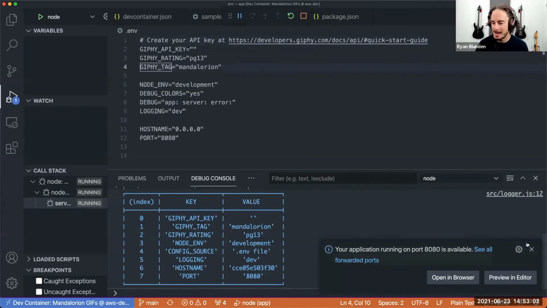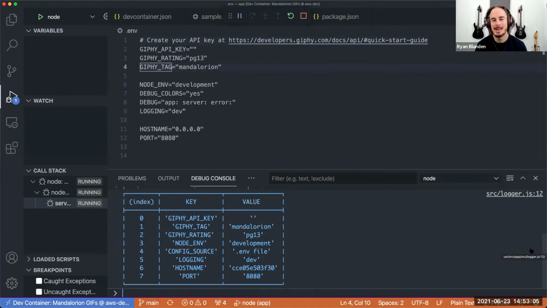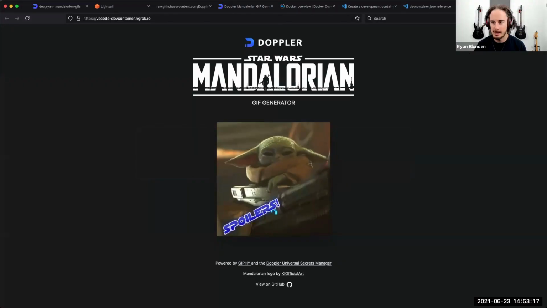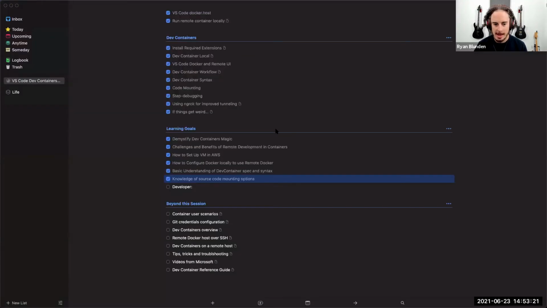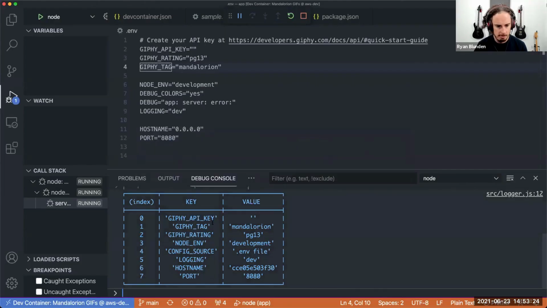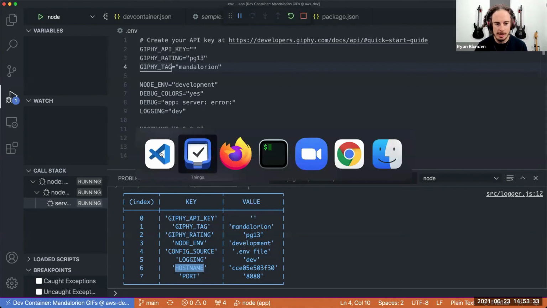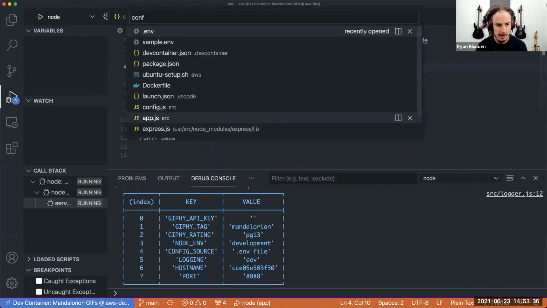Now, for those of you that have used Docker and have had issues reaching into the application inside Docker from the outside world, you'll know exactly what the problem is. If I now go back to here, it's not working. But we can see that the code is up. What's going on? Well, it turns out that the container itself has a host name environment variable. And so if we're using the .env library, which we are,